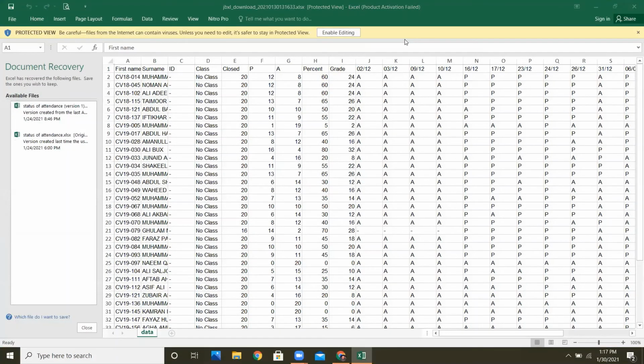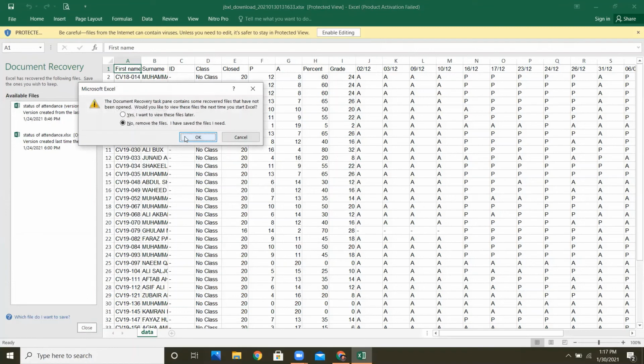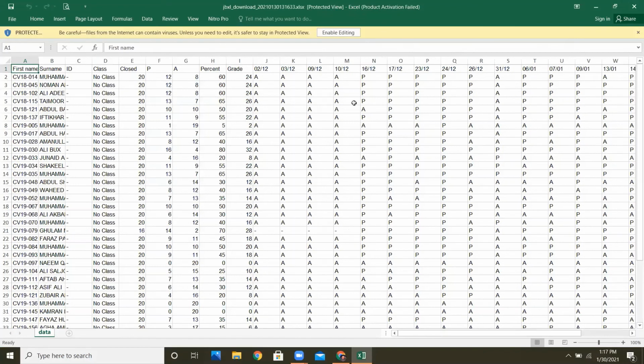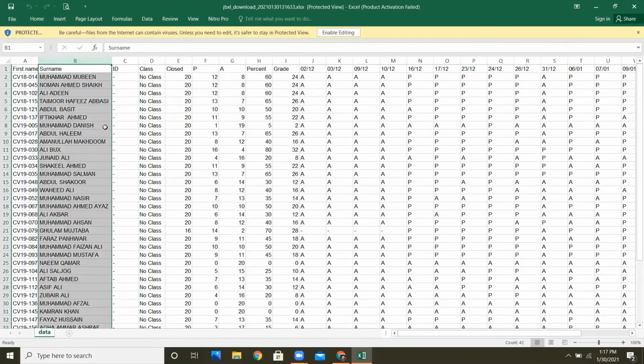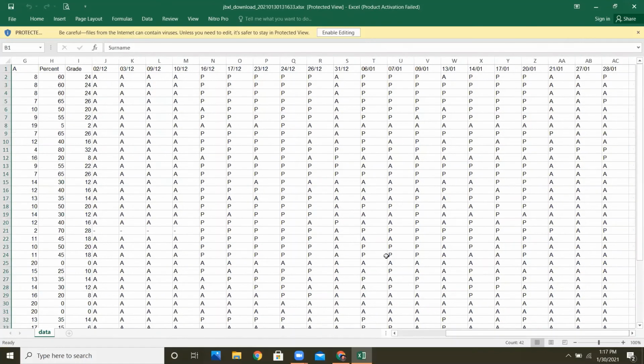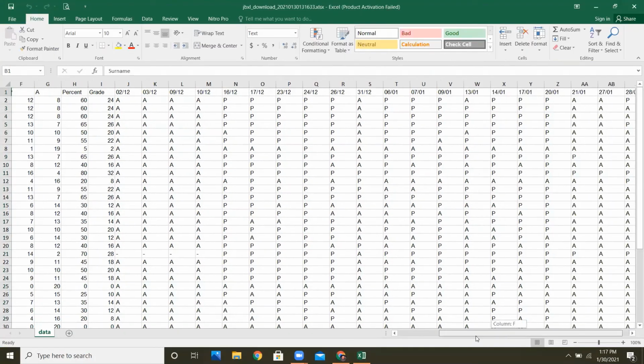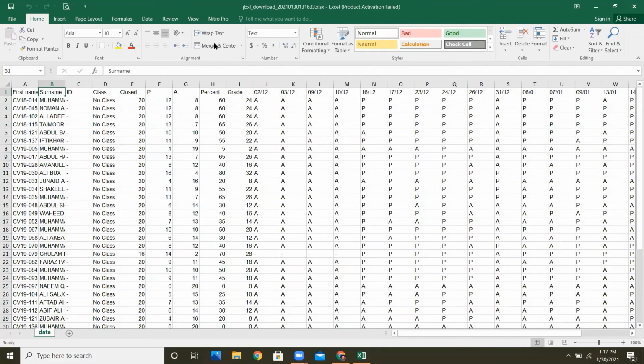So, new share, and you can see this Excel sheet. And for editing over here, you have to click on enable editing. So what will happen, you can see according to the date, you will get the attendance of the students, and their roll numbers and names are also there. There is no class assigned to them, and you can see all the attendance is over there. So it will be quite easy for you to get the whole attendance of the class on a single Excel sheet. And if you want single attendance, you can get it as well.